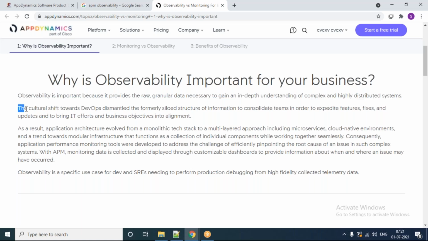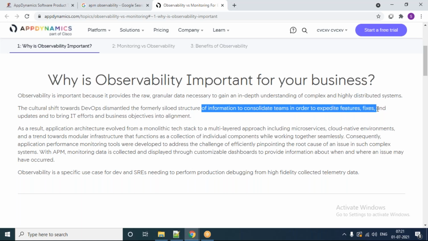The cultural shift towards DevOps dismantled the formerly siloed structure of information into consolidated teams in order to expedite feature fixes and everything. So instead of the traditional single siloed approach, now the infrastructure is actually a what?